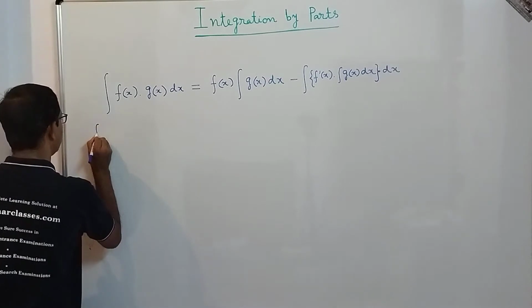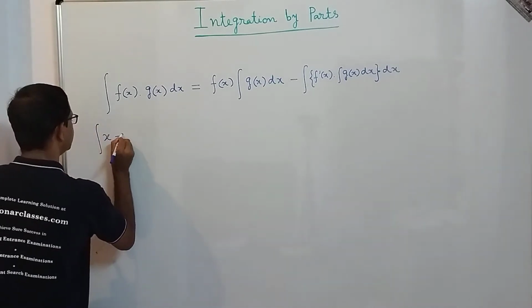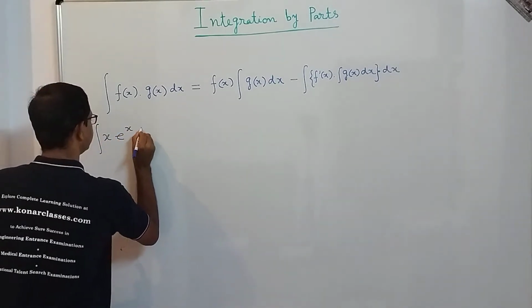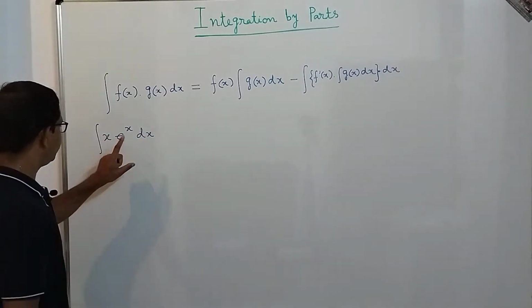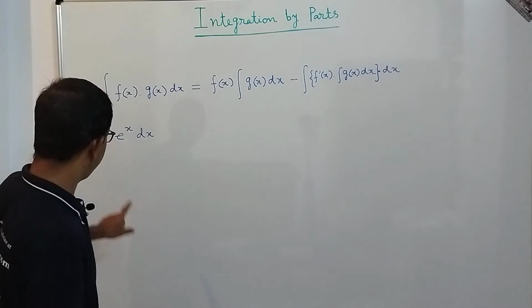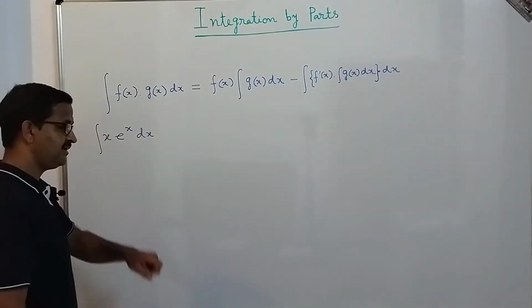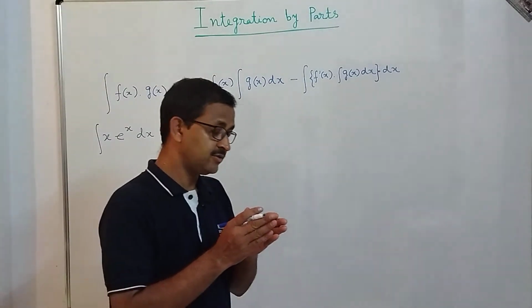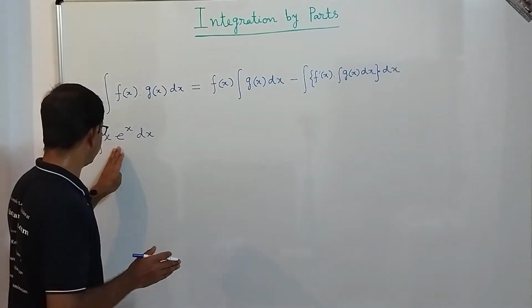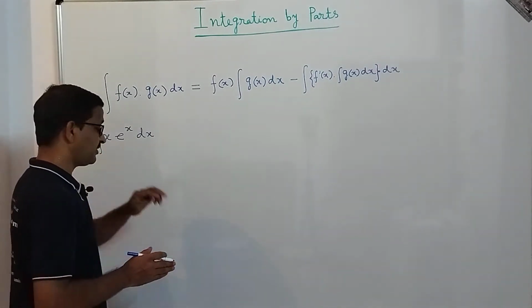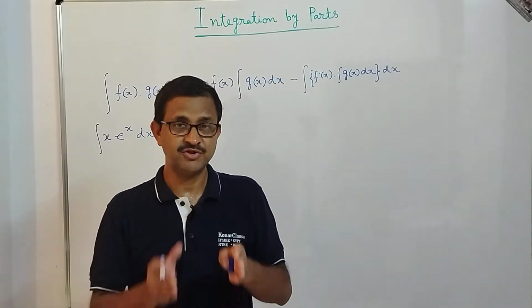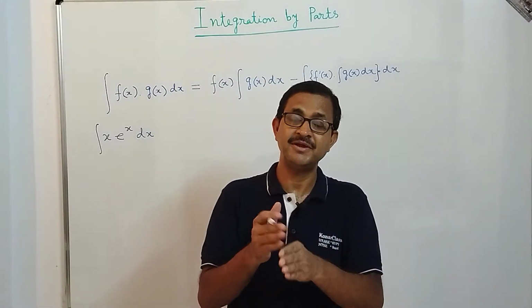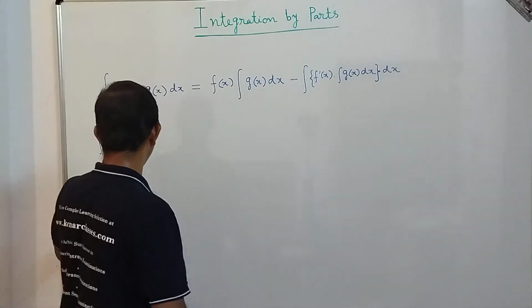So integration of x into e power x dx. Okay, dear students, what we see here is that x and e power x are both directly integrable. X is algebraic, e power x is exponential. So from x e power x dx, x is algebraic and e power x is exponential, and algebraic comes left to the exponential, so we should consider x